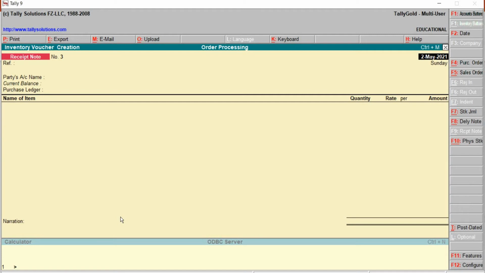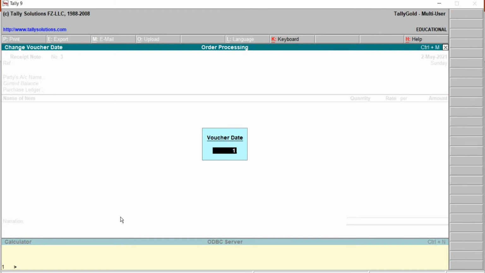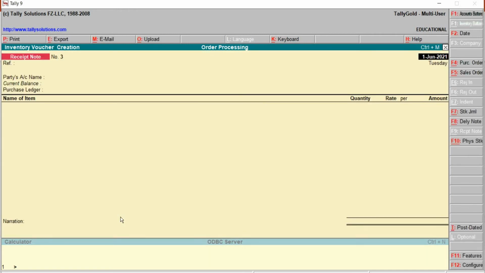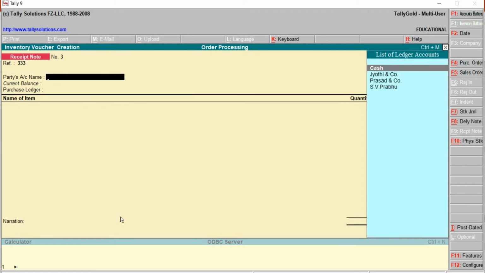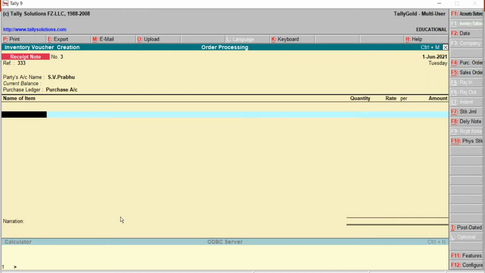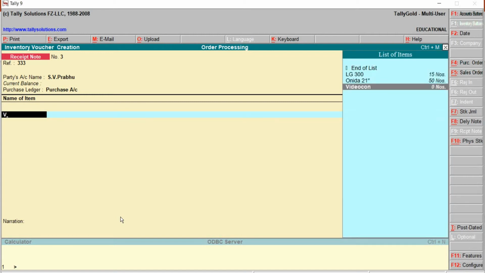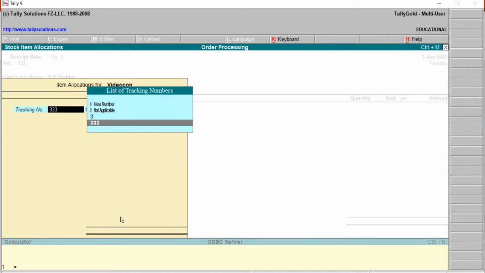Change the date because it is of 1st of June. Reference number 333. Party's name is SV Prabhu. Purchase account, name of the item is washing machine, Videocon.